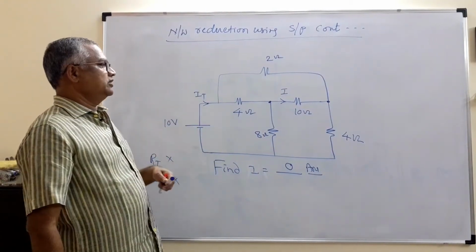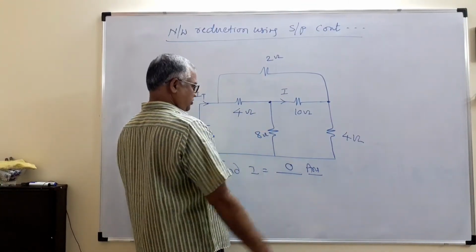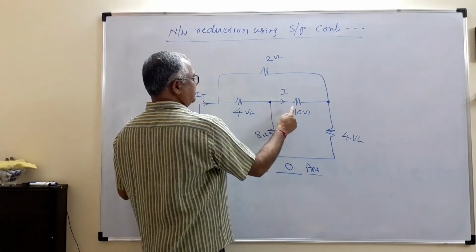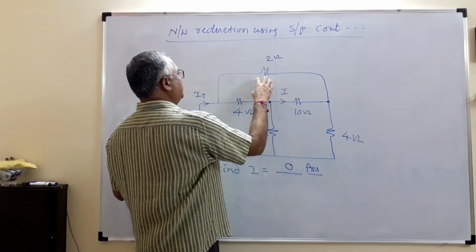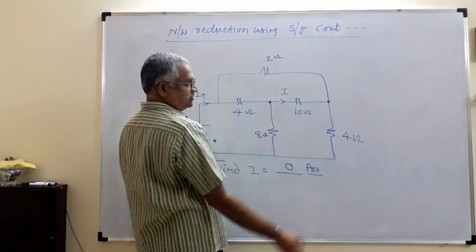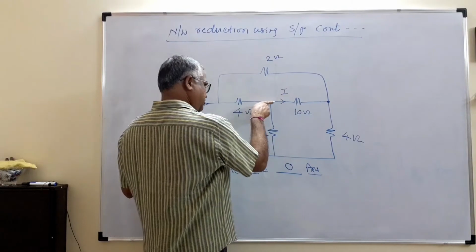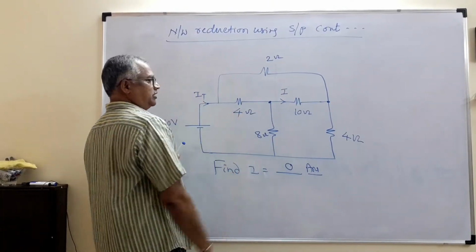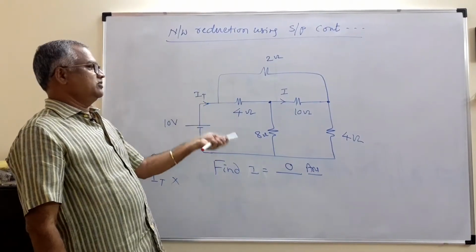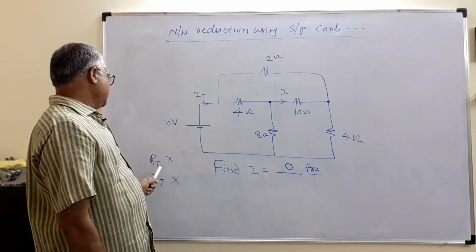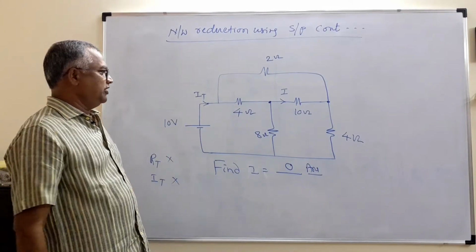And using star delta, even star delta you can't use, it's a special problem. Star delta you can't use because we are finding current here. Right? These three will form a delta. This delta you can't change into star. If you change into star, this element will be modified, but we are interested in finding the current in this. So star delta you can't use. Then R equivalent is not possible because the bridge is not balanced. R equivalent is not possible and total current is not possible. You can't use current division or voltage division because series parallel fails.